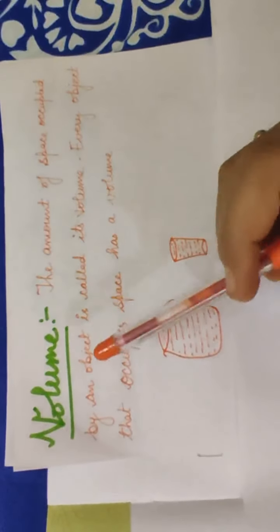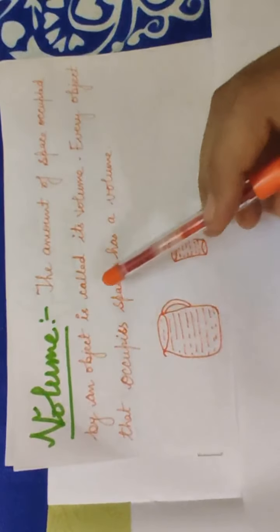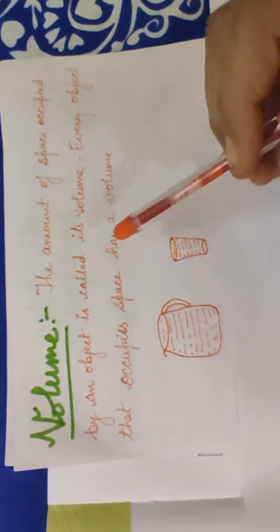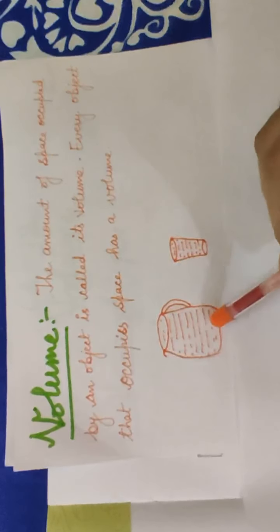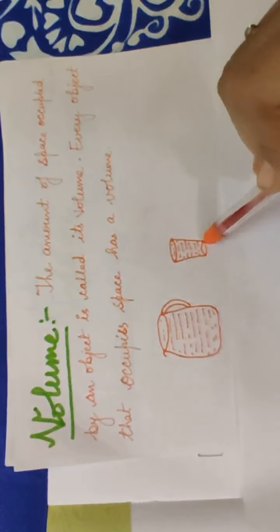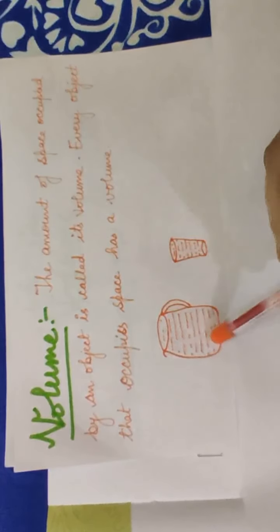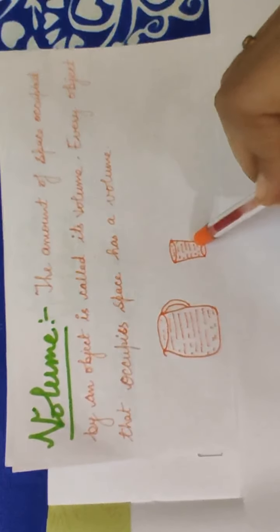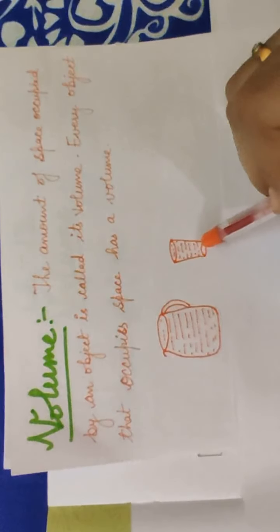Now students, what is volume? The amount of space occupied by an object is called its volume. Every object that occupies space has volume. Let us take the example of a jug and a glass. Both occupy space, so both have volume. Now if we talk about which has more volume,